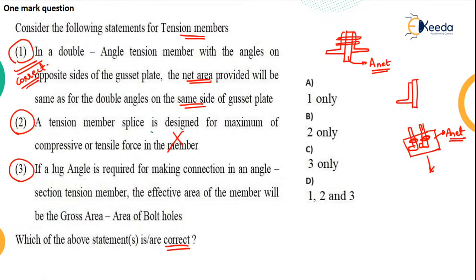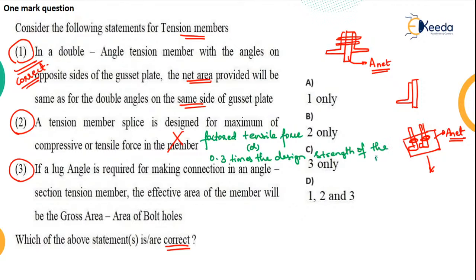The tension member splice is designed for maximum of factored tensile force, or 0.3 times the design strength